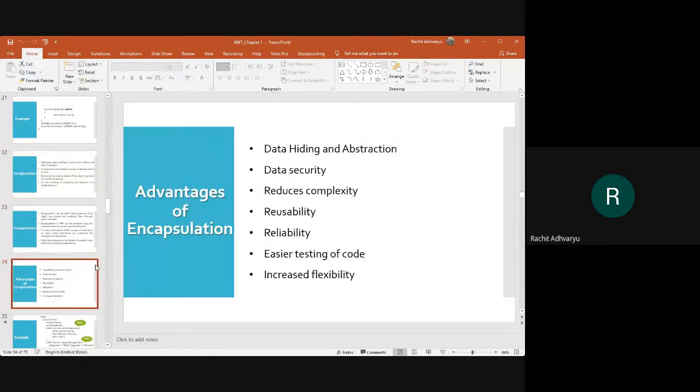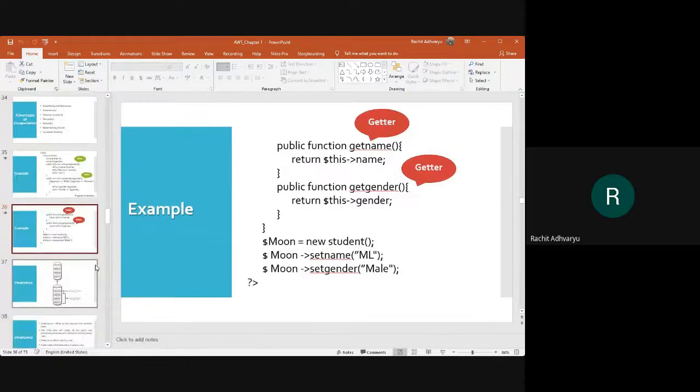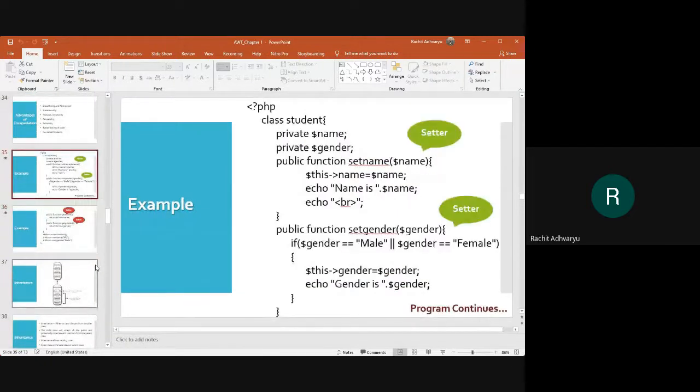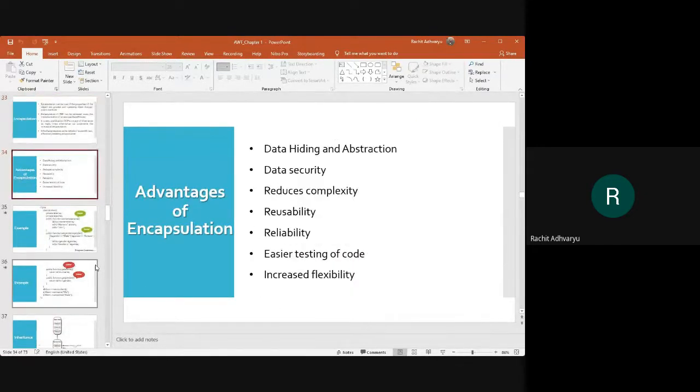Then comes a concept called data abstraction. So what do you mean by data abstraction? Let me know in the text.